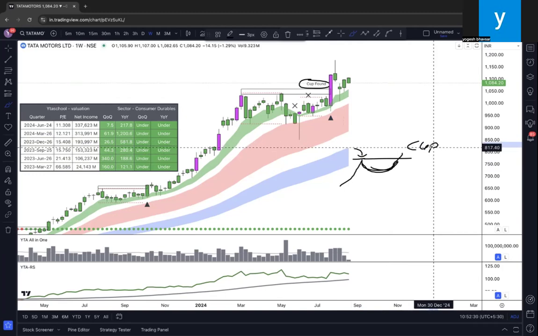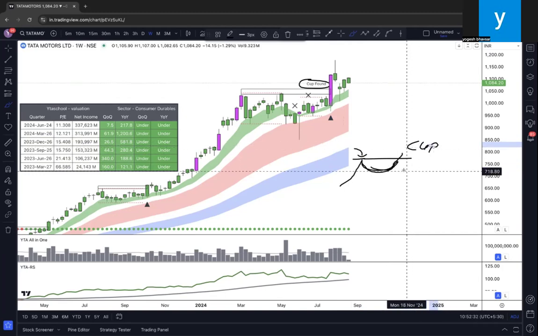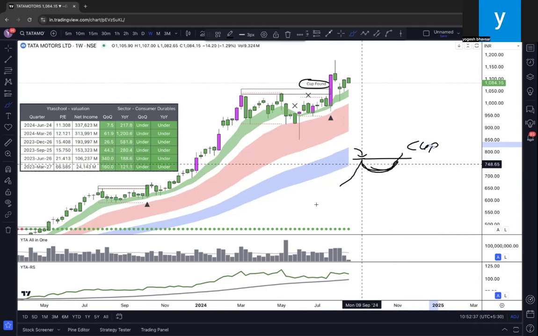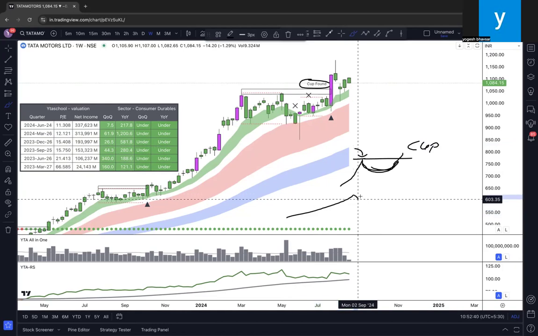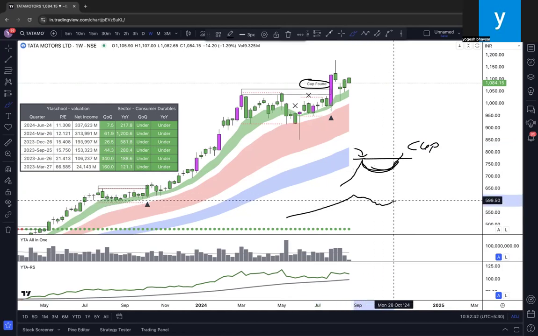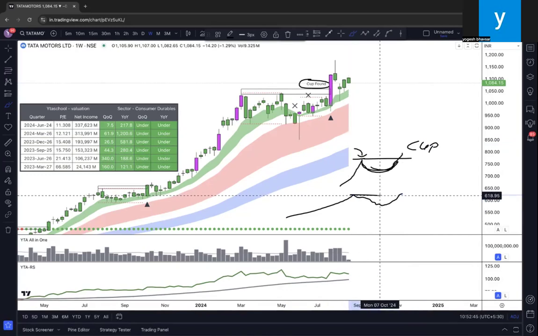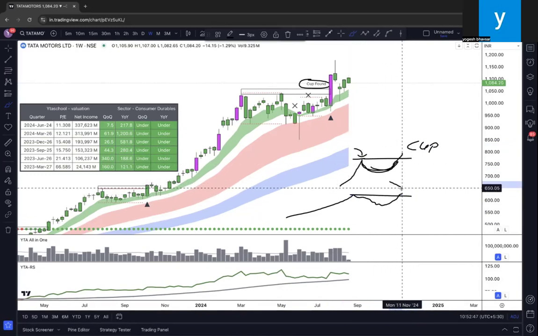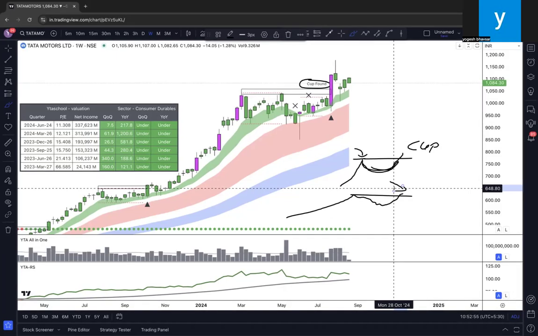I have put only one pattern identification because I have realized that on a longer time frame, when there is a beautiful rally and the stock keeps going sideways and again comes back up and breaks the previous high, this cup formation has a much higher success ratio. So I have not created any kind of flag pattern or channel pattern or anything. As per my experience, I have realized that this pattern has a lot of strength.